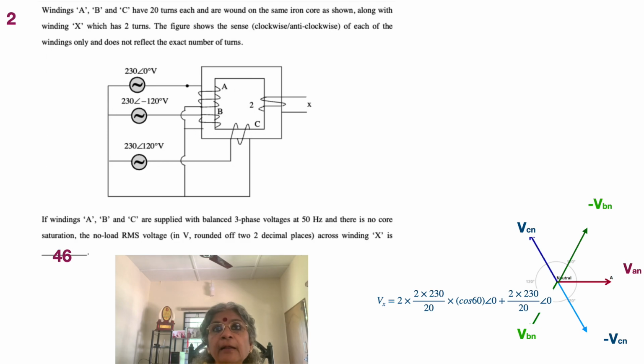And then the subsequent angle is going to be 0, and there are two of them. So 2 into 230 into 2 by 20 into cos 60, angle 0. That's with respect to both B and C phases, and the fluxes because of them. And then because of flux A, the EMF created is again 230 angle 0, multiplied by 2 by 20. There's only a horizontal component to consider. So when you add them together, it's very simple to see that the resultant is going to be